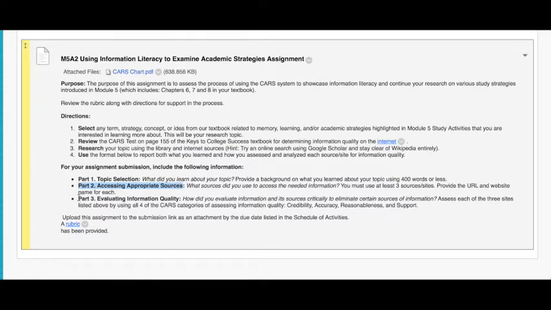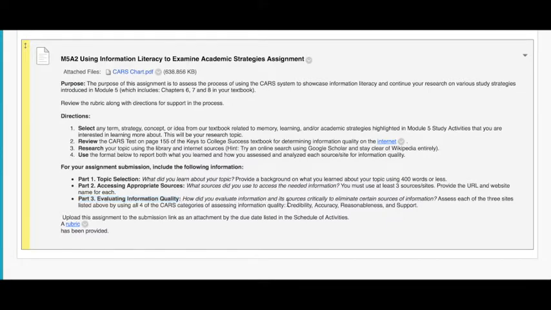And then finally move on to part 3. And part 3 is kind of the heart of the assignment. It's where you evaluate information quality. We'll have a look at this CARS mentality here momentarily. But part 3 is where you're going to actually apply the CARS assessment to each of your 3 resources. So you have site 1, and then you're going to have the CARS reflection on that site. And then move on to site 2. And then move on to site 3. But for each and every resource, you should be re-evaluating using this CARS assessment. So when it's all said and done, you'll really accomplish part 3 here 3 separate times using the CARS assessment,